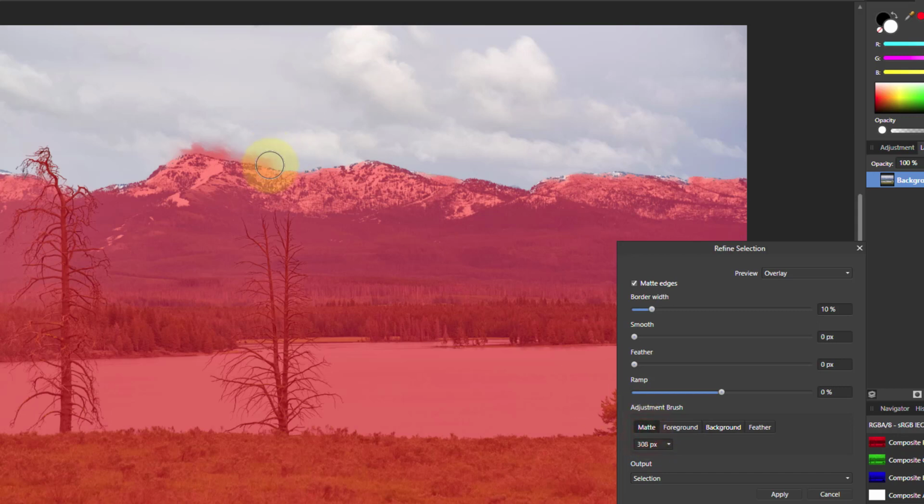So let's go back and tidy up there, please. There we go. And so on, do this. So I'm not going to spend a lot of time on this, but you get the idea. So you select the sky,